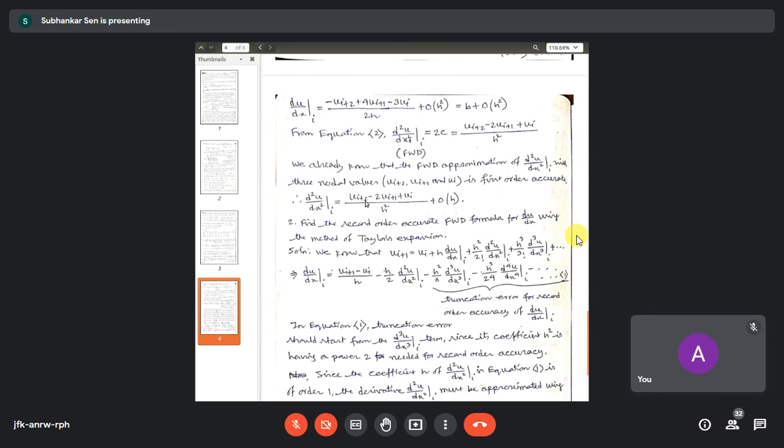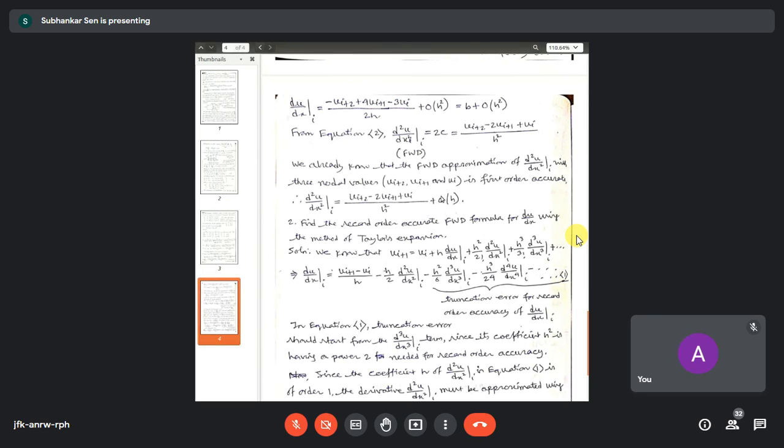You have to use, I shall not say central difference, because you are going for the forward difference formula. So for d2u dx2, you have to use some forward difference formula. But there are many forward difference formulas for d2u dx2, so which formula will you use? Because when you write this d2u dx2 by some formula, there also you have a truncation error.